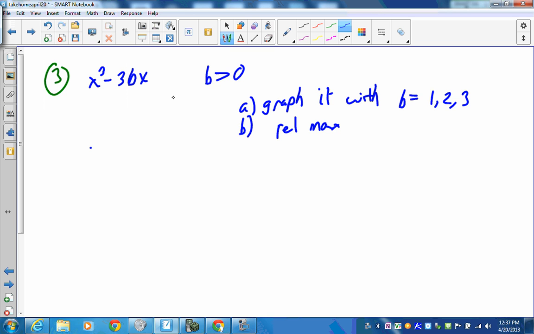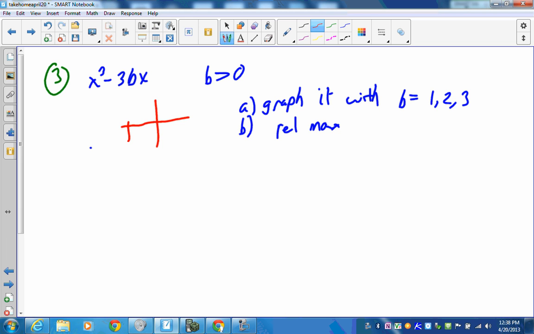All right, let's take a look at number 3. Number 3, still in the graphing calculator section, and they want to know what happens to this function. It's x cubed minus 3bx, and b is always greater than 0. For part A, they just want you to graph it, substituting 1, 2, and 3 for b. And so, now if you do that, you're going to get something along the lines of